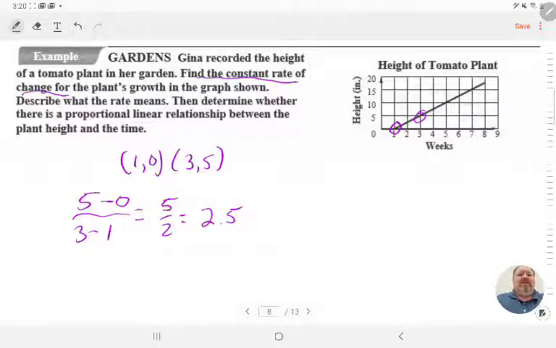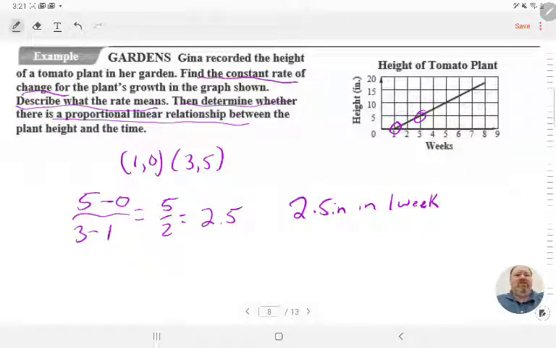So then it says describe what the rate means. That means 2.5 inches in 1 week. So every week the tomato plant grows 2.5 inches. All right, then it says determine whether there is a proportional relationship to the plant